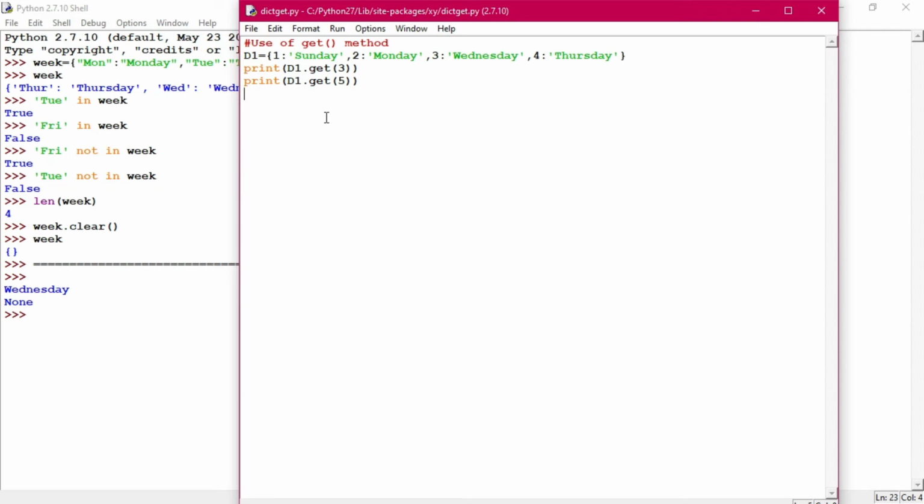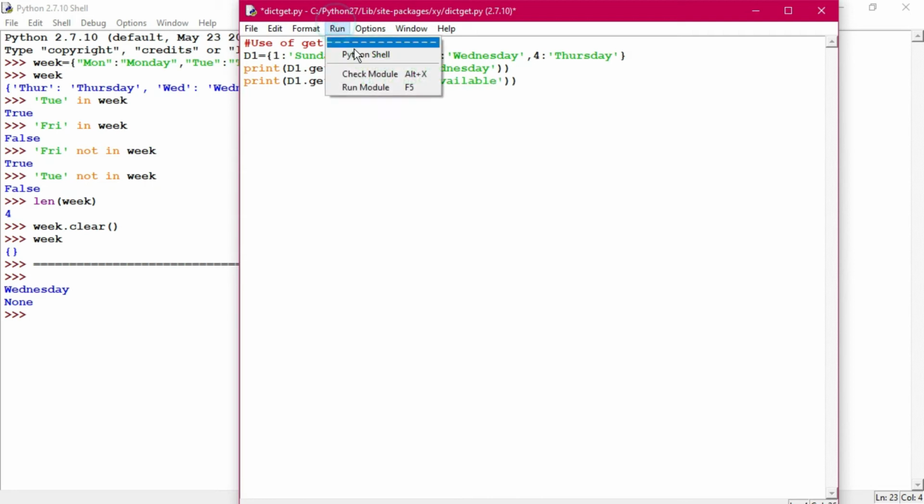All right, that is the thing. So we can specify our own message also instead of this. Suppose you want to give it like this, get 3, and then a comma, and then write here, today is Wednesday. Then run the program. In this way we can give our own message also. And here I am giving another message, it is not available.